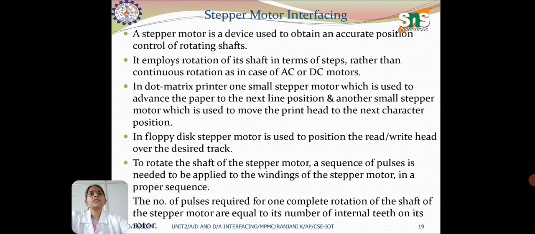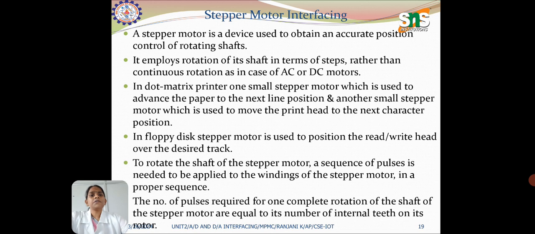The angle through which the stepper motor rotates for each digital input is called the step angle, and different stepper motors have different step angles. The more frequently used stepper motors have a step angle of 0.9 degree to 1.8 degree. Depending on the sequence applied to the stepper motor, it is classified into two types: one is the 4-step sequence, or full step sequence, and the second is the 8-step sequence, or